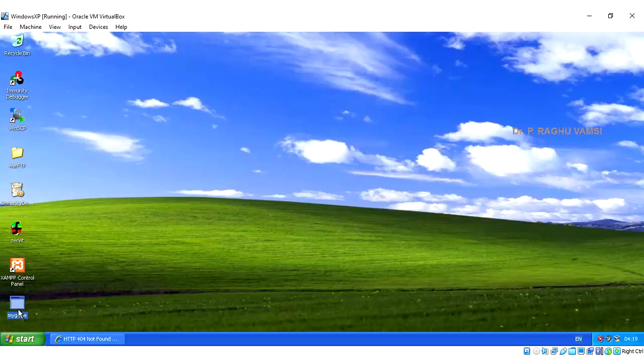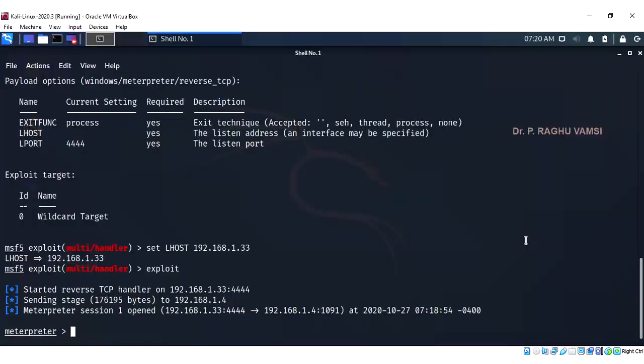Now this mygame.exe may be attached to any original application. If the original application is clicked, this mygame.exe may automatically also be opened. Whenever this connectivity happens, here you will get a meterpreter connection.